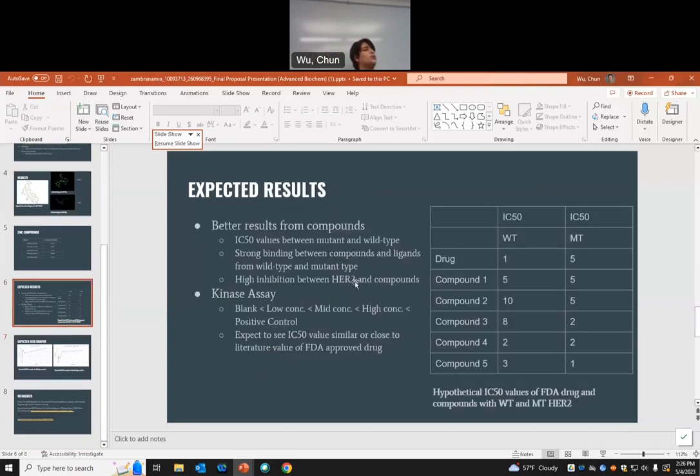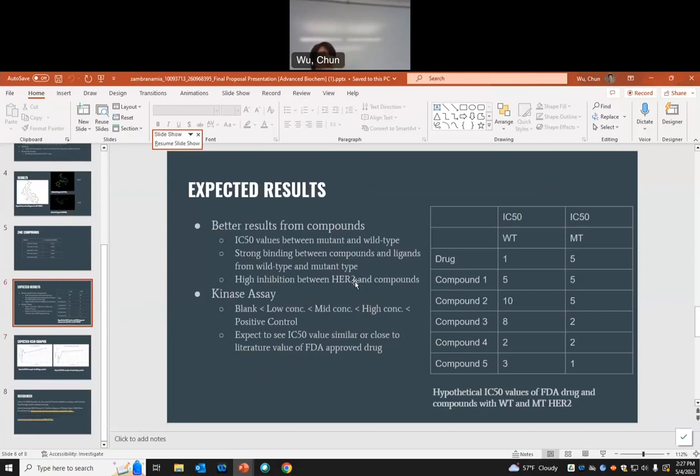And with the expected results, we would expect better IC50 values with the zinc compounds than with the drug or the mutants, because we want to see that it actually is inhibiting correctly, and it takes less concentration to do that. And this also shows the kinase assay, the pattern we would want to see, and we expect to see